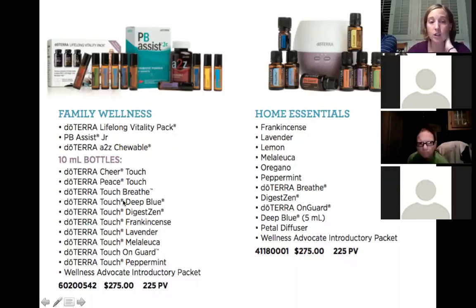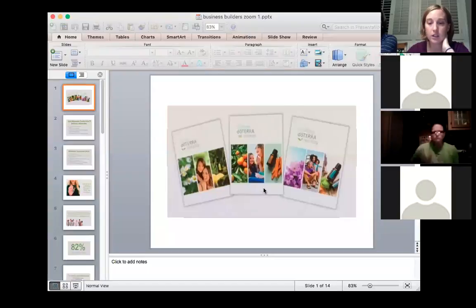So this is a really great blend to get kind of a touch of the Family Physician kit or the Family Essentials, plus then the Emotion kit. They kind of get a taste of those emotional oils. So, and they're all child-friendly, family-friendly in the touch bottles. So, and then there's of course the